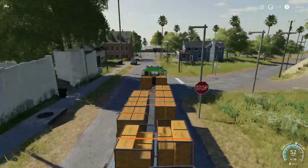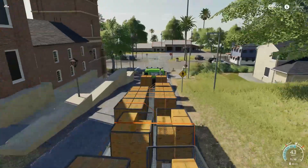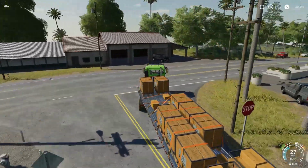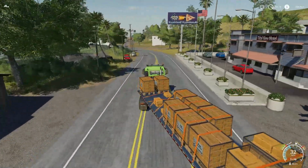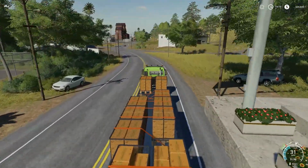I'm just hoping I'm not losing any eggs, and I kind of missed my turn there. Not a big deal. There's another road that heads that way. But I'm hoping I'm not actually losing eggs by transferring back and forth. But I mean, I can see the boxes flickering in those pallets back and forth, so...